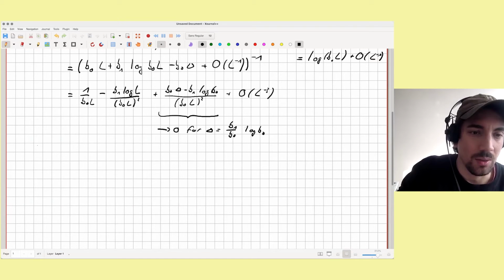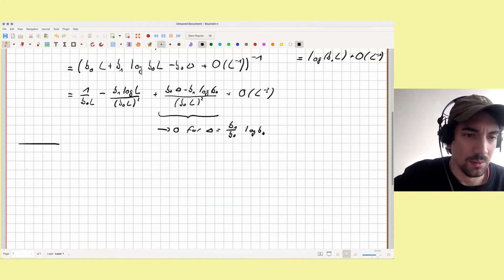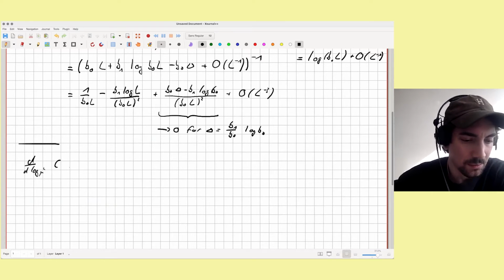So what we had to show, let me just start here: that the scale dependence of P squared of C of mu is of